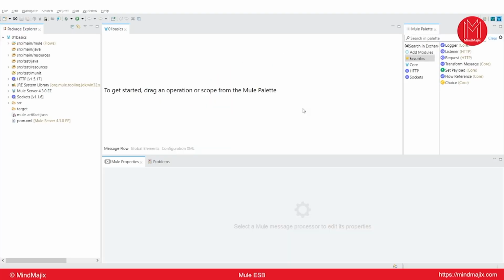So every XML will contain 3 tabs: message flow, global element, and configuration XML. It's nothing but a set of XMLs which contain flow definitions. Each flow definition contains what? Orchestration logic. And I have shown you how to set up environment variables in order to open any